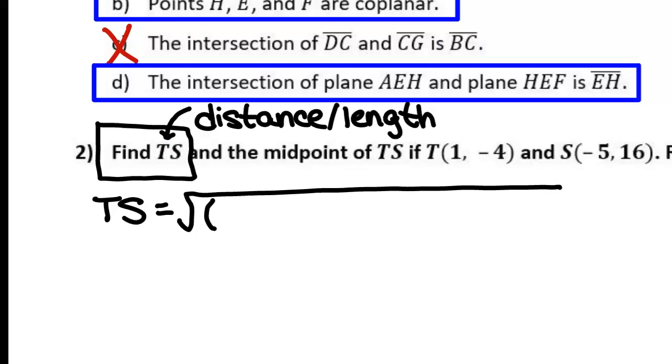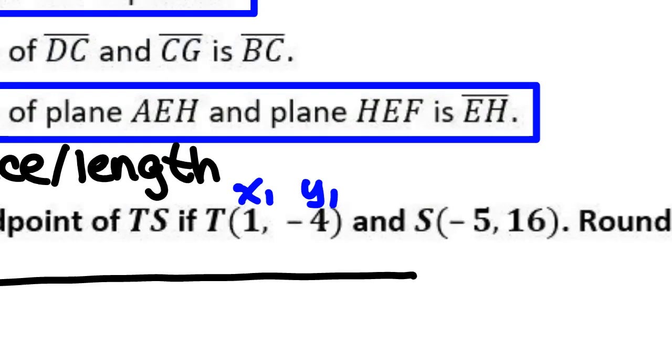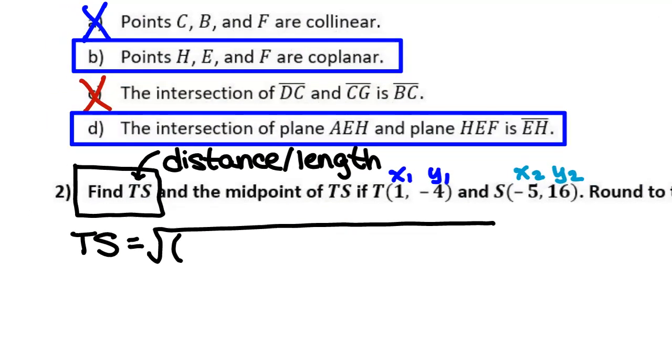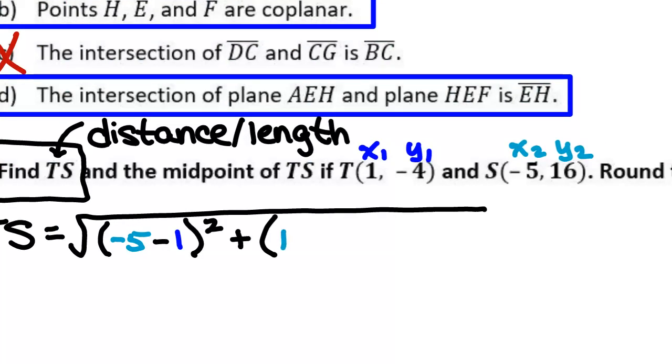So why don't we let point T be our x1, y1, and our point S be x2, y2. We do x2 minus x1, so negative 5 minus 1. Close the parentheses and square that. Goes right there. Plus, and then we need another set of parentheses, and we're going to do the same thing with the y's. y2, which is 16,